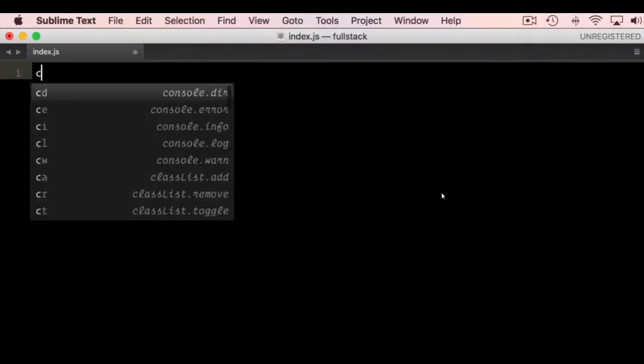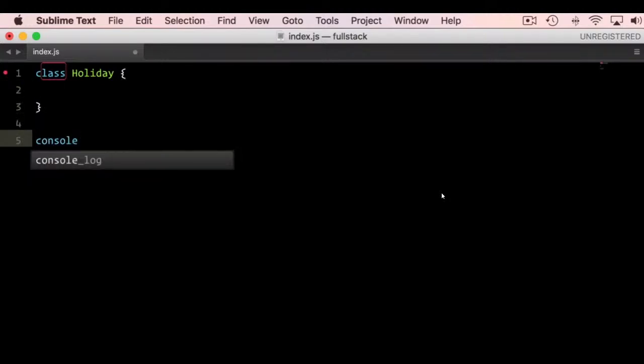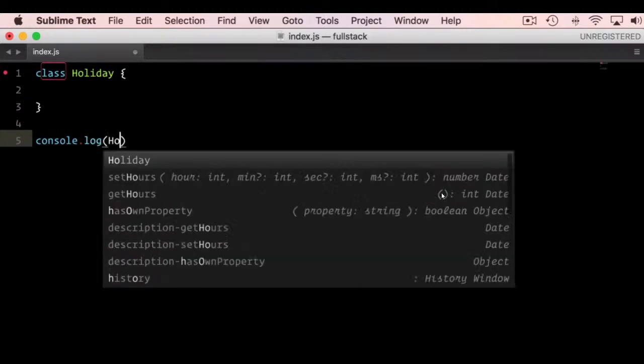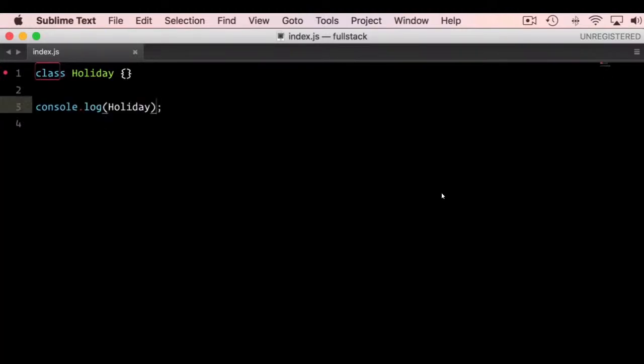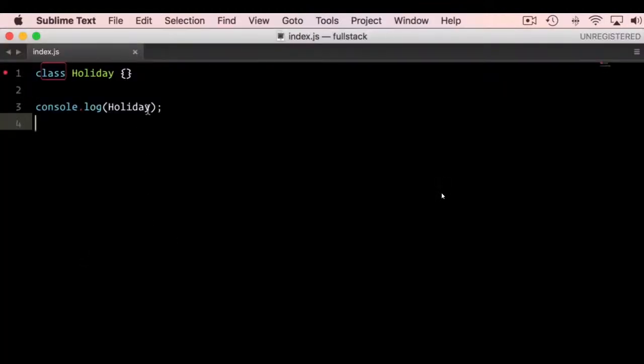So let's create this class holiday. Okay, now before we add any properties or methods, let's see how it works. Let's console log this holiday class. Okay, so we get this object. That's expected, but now we're not going to use prototype like we did before. Instead, we're going to use the constructor. Okay, so what is constructor? Just to make you understand, I'm going to use console log